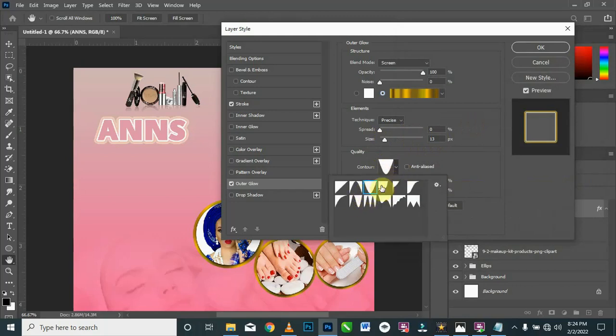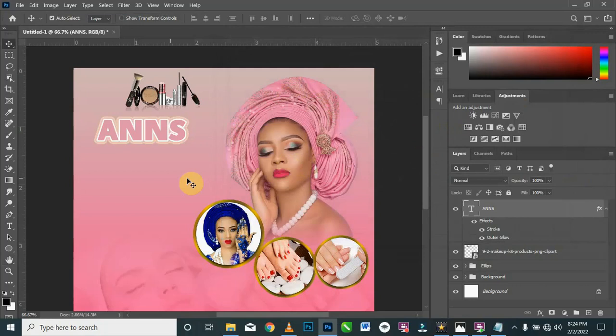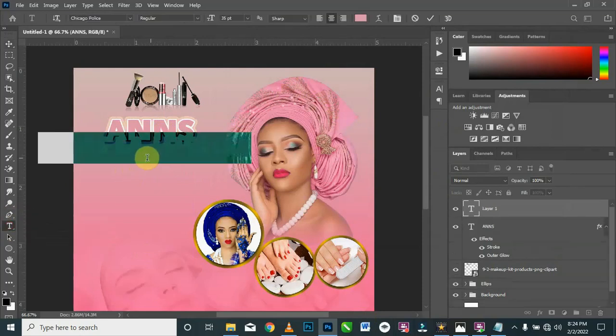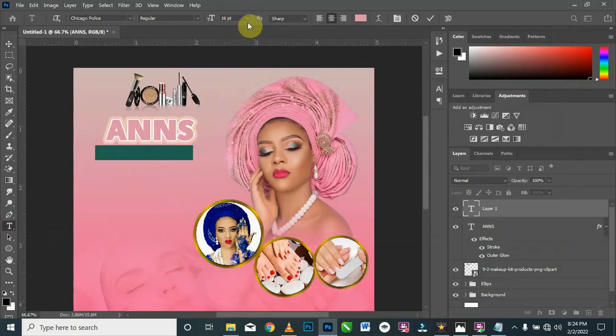This particular one is the one I use for the contour, and then the range is 50%, and that is all. And then the next thing I want to do is to just position it properly here, and then I'm going to go for my text tool again, click here, reduce the size of the, let me say 16 there about, or even 14 should be fine. Now I'm going to copy